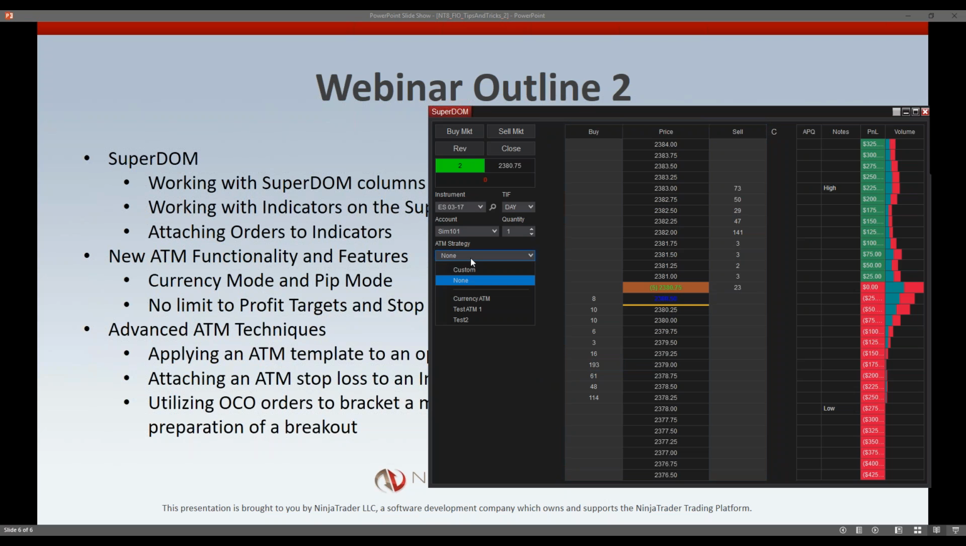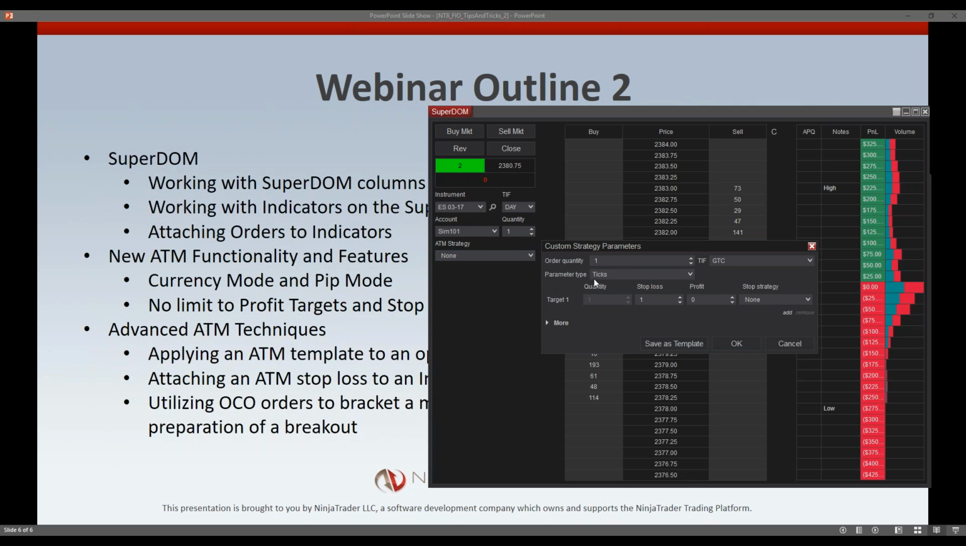The ATM functionality is set up through here through the ATM strategy selector. If you want to set up a new ATM strategy, and for those of you that maybe are new to ATM strategies or new to NinjaTrader, this is our advanced trade management stuff. This is where we will set up a profit target and a stop loss to be automatically submitted as you have an order fill to go long or go short. And I've got a couple set up here already, but if I go ahead and hit custom, I can set up a new one. And I go ahead and throw in my quantity size here, my time in force, my